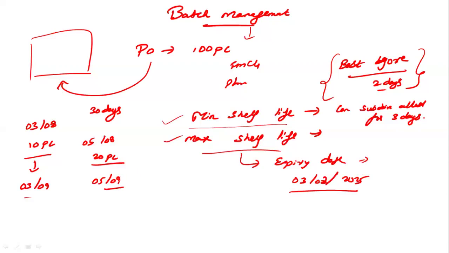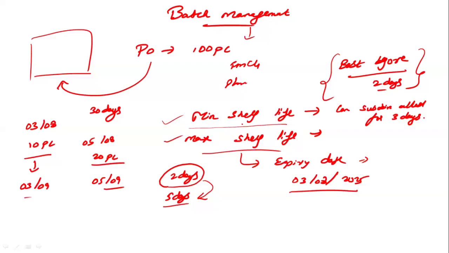So in the material master, when you're configuring the batch, you can maintain the minimum shelf life and also the maximum shelf life. I'll say that this milk is going to survive for a minimum of 2 days, but a maximum of 5 days. I guarantee that this milk is going to survive for 2 days, but if you're keeping it under a certain temperature, it can last for 5 days. But after 5 days, at any temperature, you should not use this. So that is the meaning of minimum shelf life and maximum shelf life. Why I'm explaining this is that, based on this, the system is going to decide the expiry date.